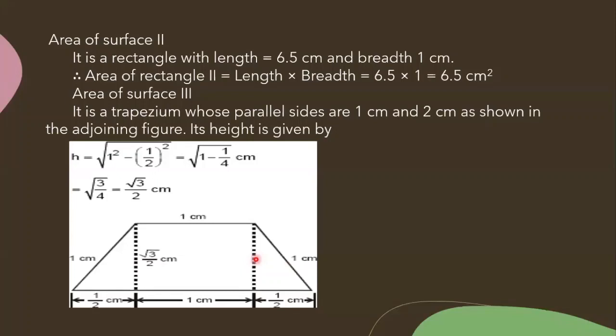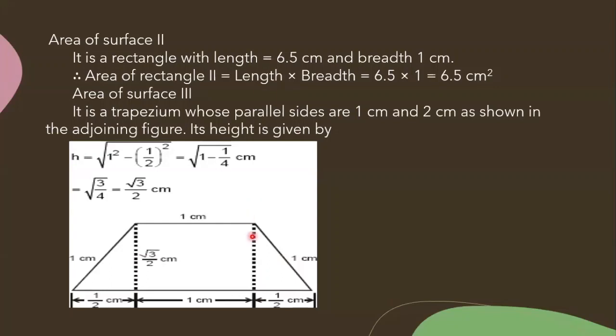Square of the hypotenuse is equal to the sum of the squares of the other two sides. So 1 square minus 1 by 2 whole square. That is 1 by 4. Out of one part, if you subtract 1 by 4, how much will you get? 3 by 4. Right? Yes, ma'am. So this height whole square is equal to 3 by 4. This height is equal to root 3 by 2, because denominator 4 is a perfect square. So root 3 by 2, we have got this one.